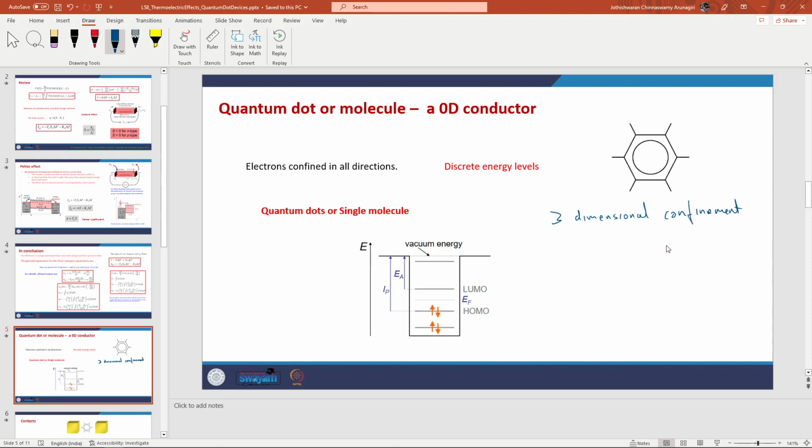So you can ask, okay, so how do we confine an electron in 3 dimensions? For that, I will very briefly talk about the stuff that was covered in the previous week. So when I have a MOS capacitor,